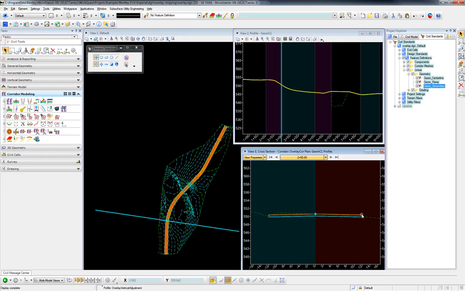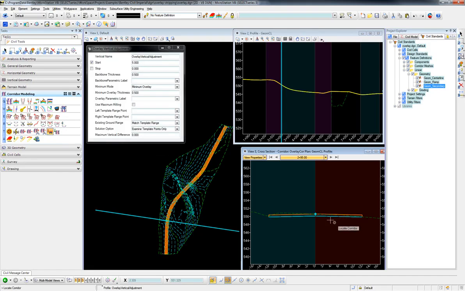I want to analyze the template points, the right edge of pavement, center line, and left edge of pavement, and raise them up so that it gives me a minimum of 0.5 among those three. So when I use this overlay vertical adjustment command, I'm going to say that